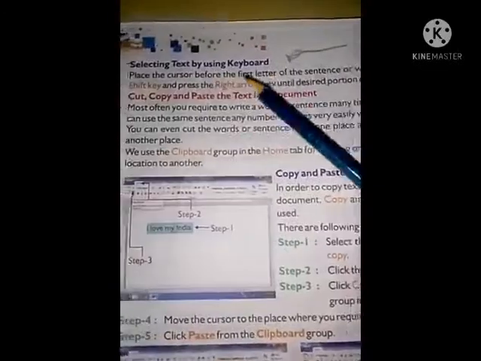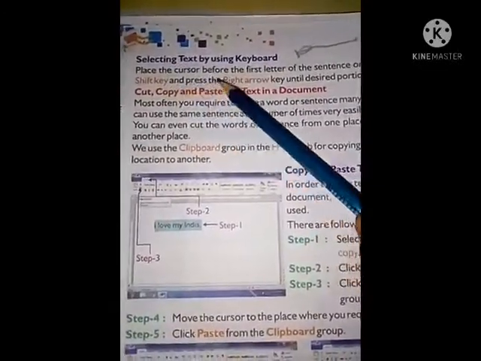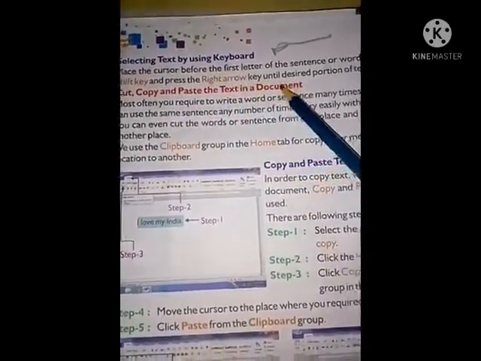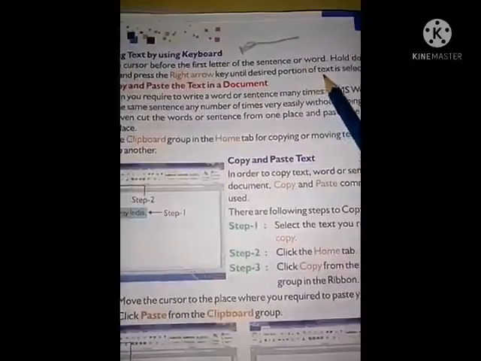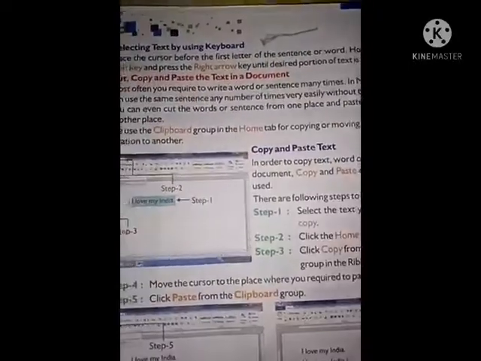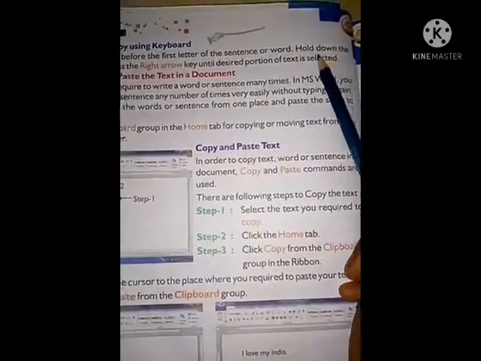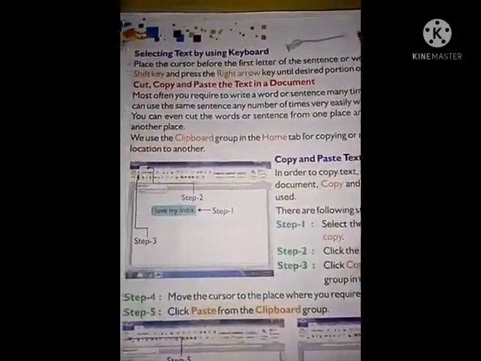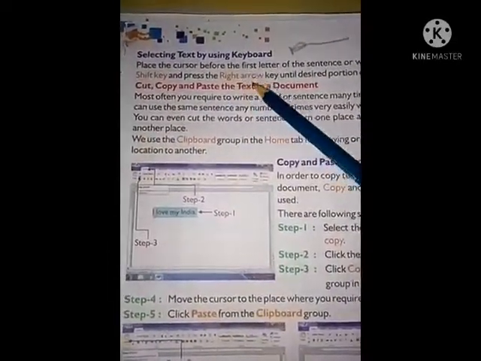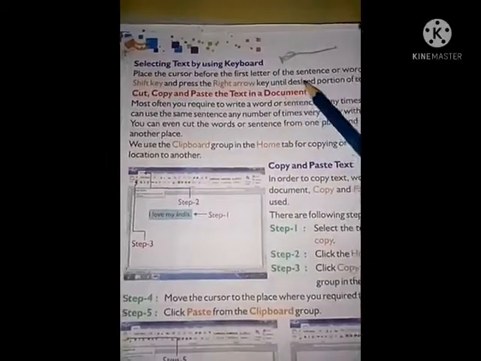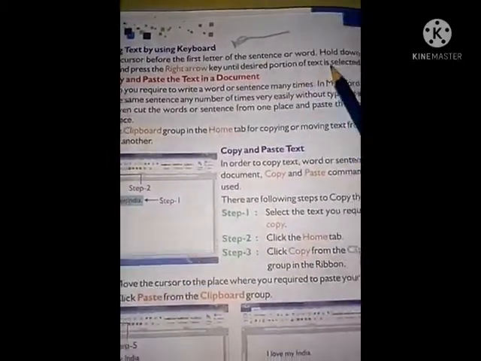Hold down the Shift key and press the right arrow key until the desired portion of text is selected.